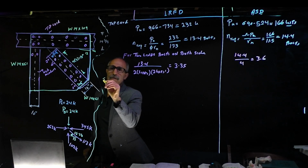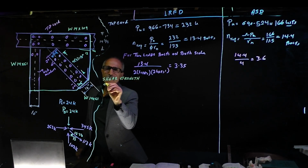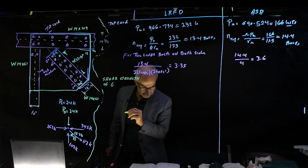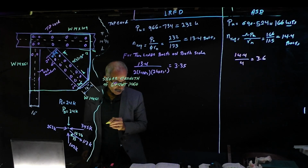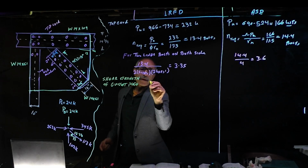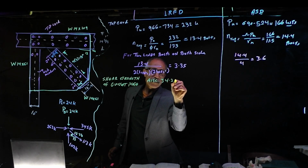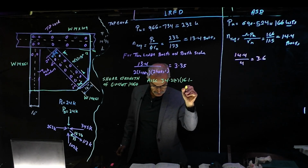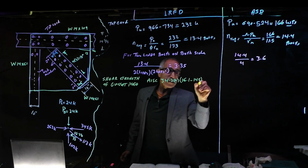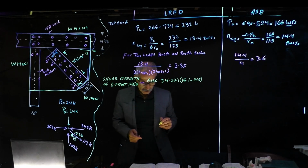So we're going to go ahead and do the shear strength of the gusset plate. We're going to use the same thing, the AISC table, section J4.2a, and that was page 16.1-145, I think. I can't read my own handwriting. So the available shear strength for the gusset plates, we got to go through all this stuff. Remember we did this, so let's calculate the